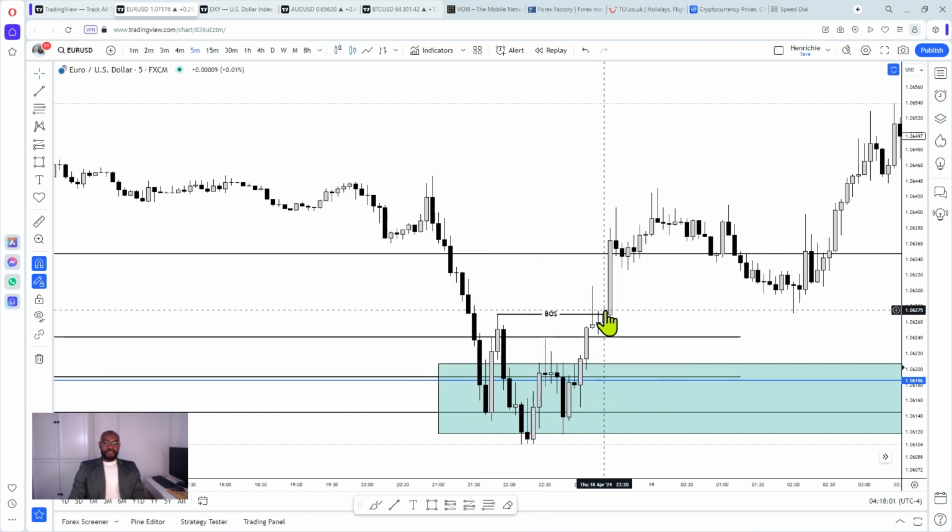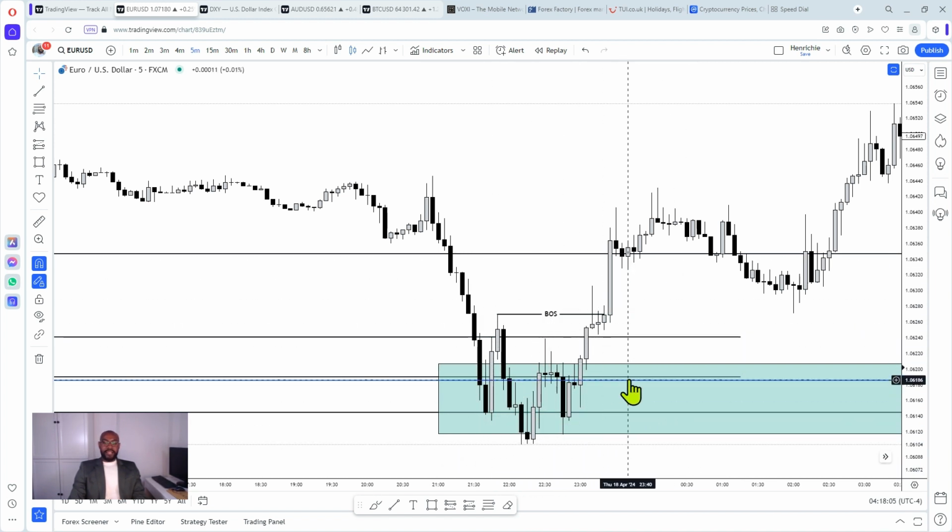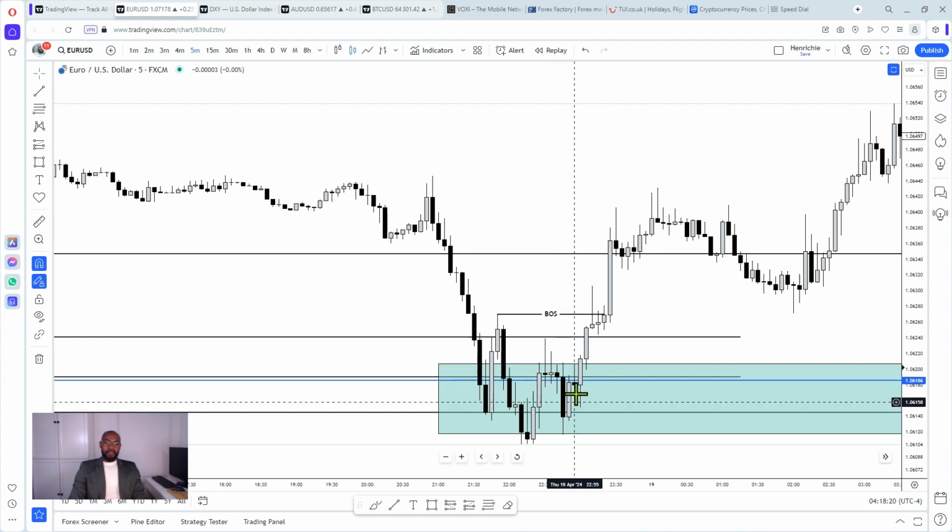So after this break of structure, we anticipate for price to come in here. Now look at what's right here. Remember, the blue line is the liquidity. Now look at what we have here: the bodies of the candle of the last down close candles before expanding